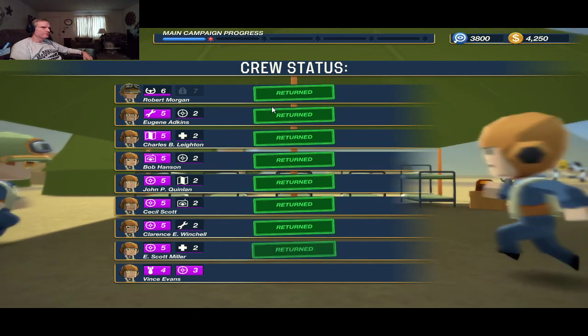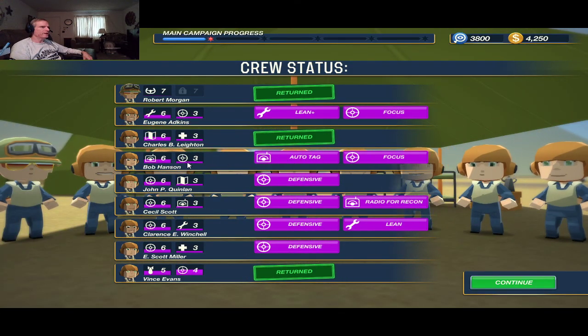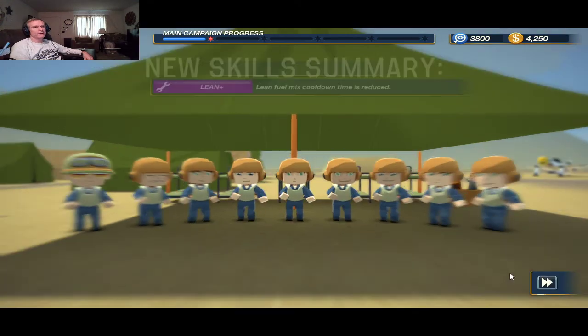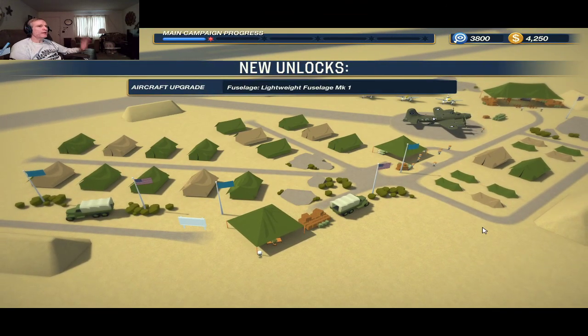Then this will give us our new skills. There it is right there. Radio operator now has auto tag and focus for if he ever mans the guns, which we can do. It's quite possible we may have to have him do that. So anyway, that's why you always assign secondary abilities to every single one of your crew, because you never know what's going to happen. And that way you're properly prepared. Every single position